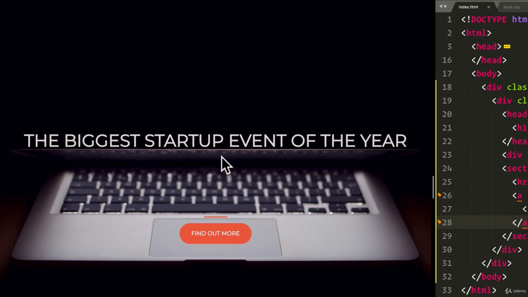And although it may seem a little bit hard right now, we're still starting off, it's good for you to get that practice of doing things on your own, experimenting on your own. And even if you fail, even if it takes you hours to just center a text or a button, it's going to be good practice in the long run. So give it a go, create your own custom startup landing page,